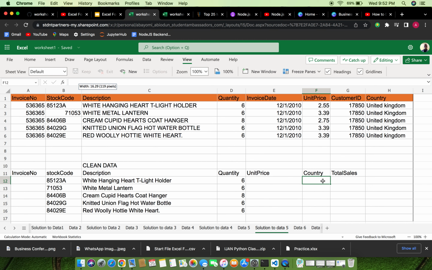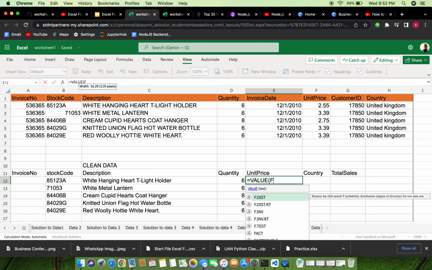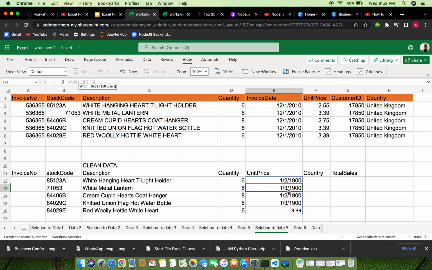Then country. Okay, before moving to country, let's work with the unit price. So that's F. So I can use value, then work with F2 to F6. So it's going to bring,